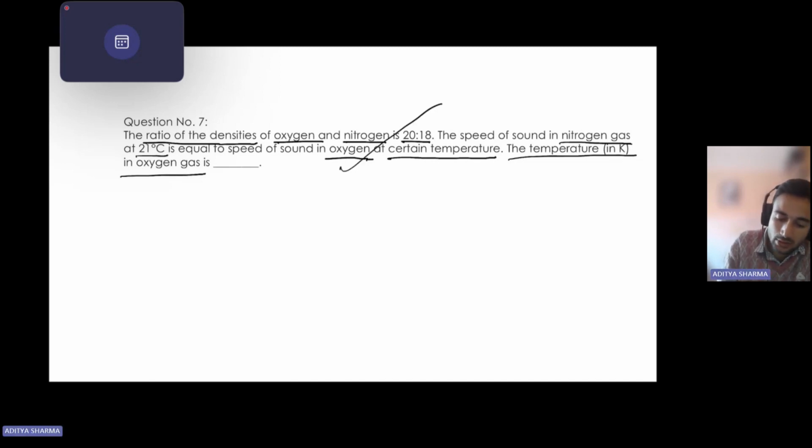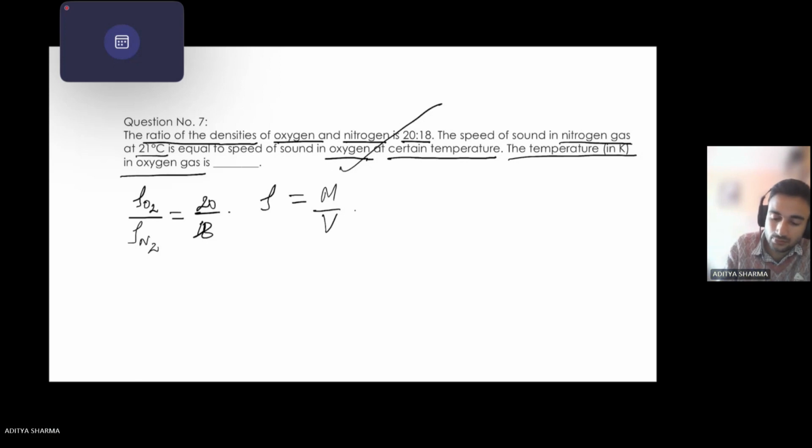So let's jot down what has been given to us. All right. So density ratios are given. All right. This is given. We know density equals to mass by volume, right? Okay. And then what is given? T of N2 is given